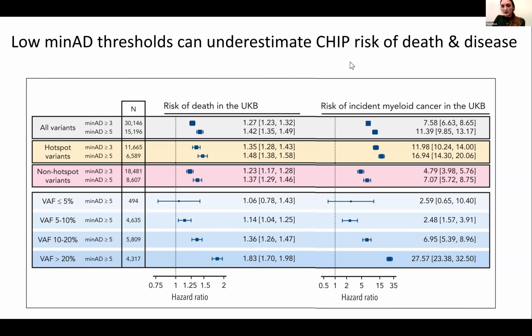And again, this also showed up when we're looking at our incident myeloid cancer. And so what this is showing us is that when we're particularly stringent on our CHIP calls, we are better able to estimate our risk of disease and death in CHIP, which is really important because if we underestimate that risk, that can be really detrimental to our patients and to really understanding how CHIP interacts in the body. And so it's really important that when you're implementing this threshold, you're also taking the time to do a lot of these associations, especially if you have outcome data, things like death and cancer, and making sure you're really seeing the associations that you're expecting to see when you're looking at CHIP, and knowing that you're using accurate calls.